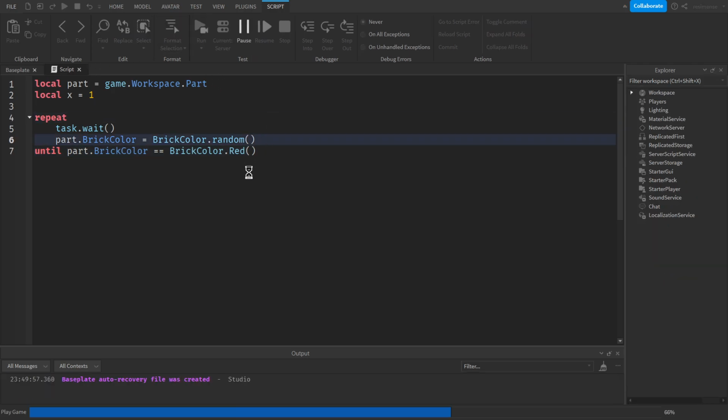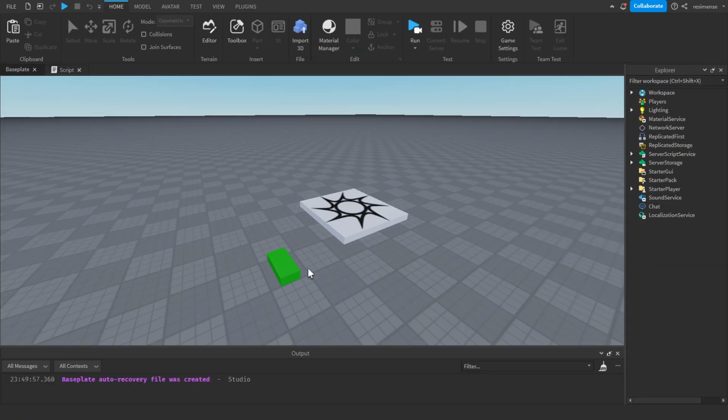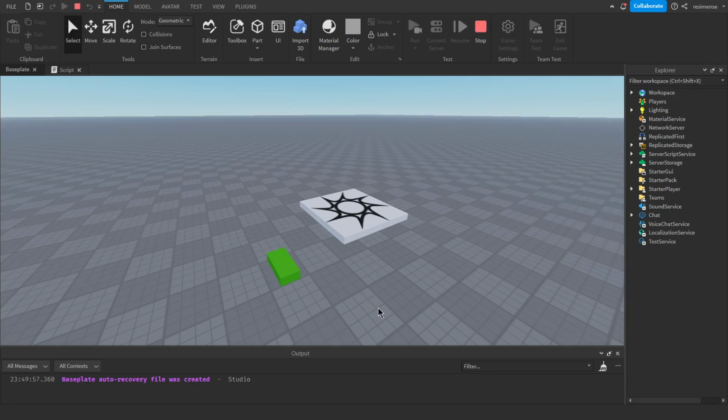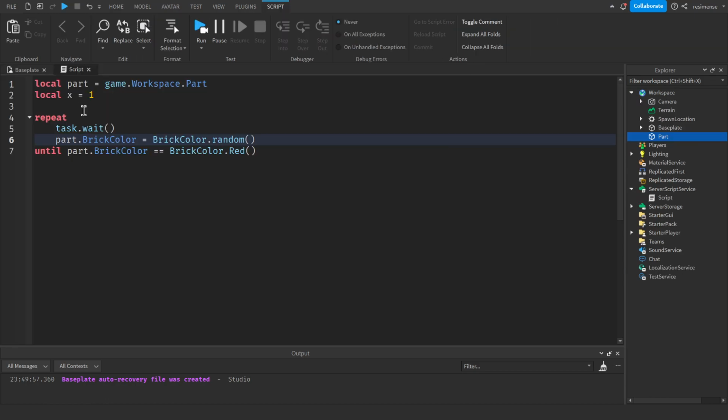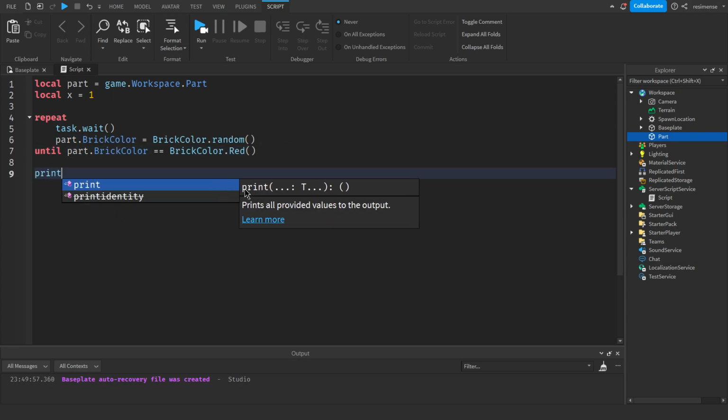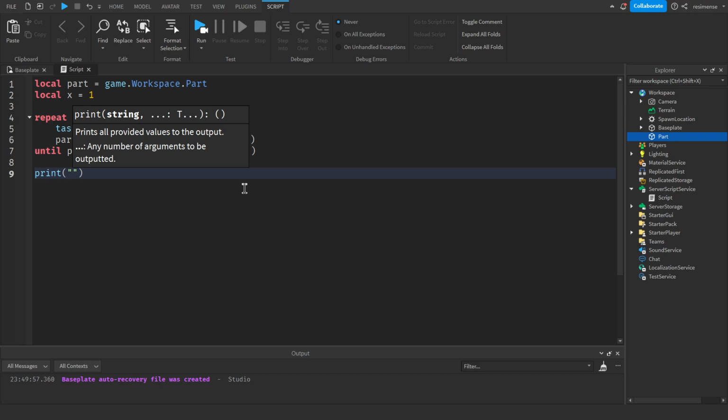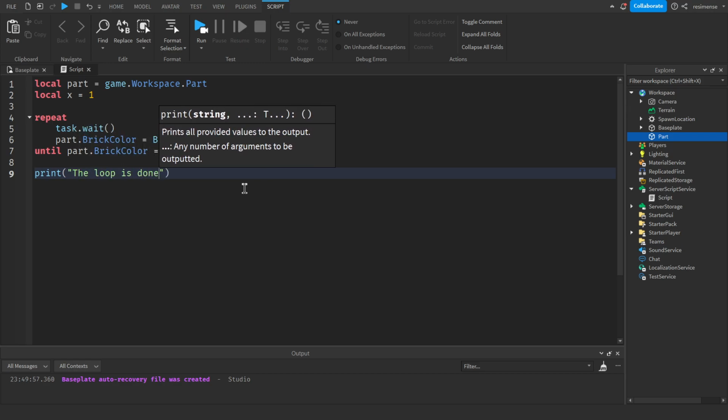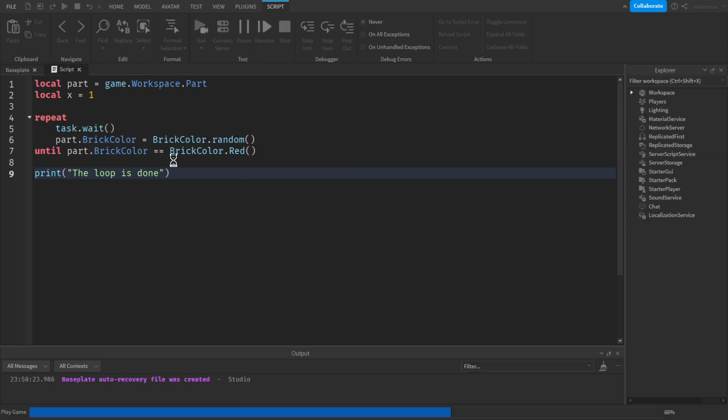So if we run this, it'll loop as many times as it needs to. It'll change the color randomly until it finally hits a red, and then it'll escape the loop. So the loop is done, and if we run this again,